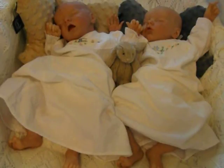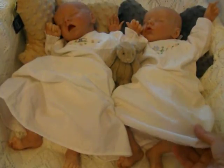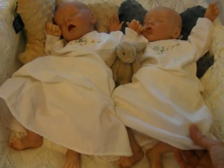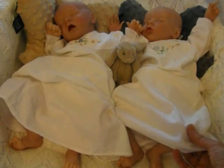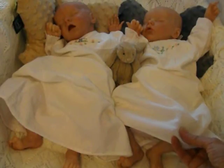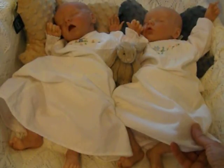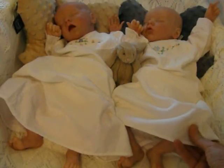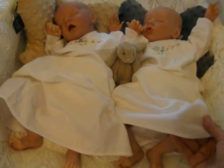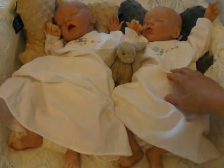But anyway, so here are my little darlings in these gorgeous nighties. Let me just describe them to you. They're both made out of, what sort of material would you call this? It's thick, and it's a little bit, well, fluffy's not the right word, because they're not fluffy, but they're textured. It's not a fabric you see anymore. They're cotton. Anyway, I can't think of how to describe it. It's a little bit thick and a bit cozy, and they're very simple designs with a little bodice on each,